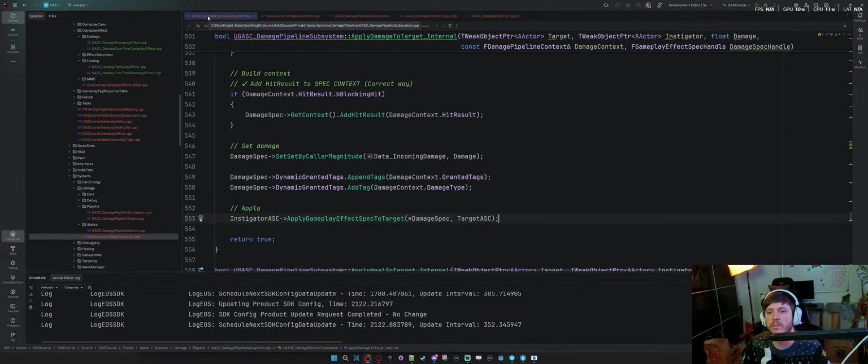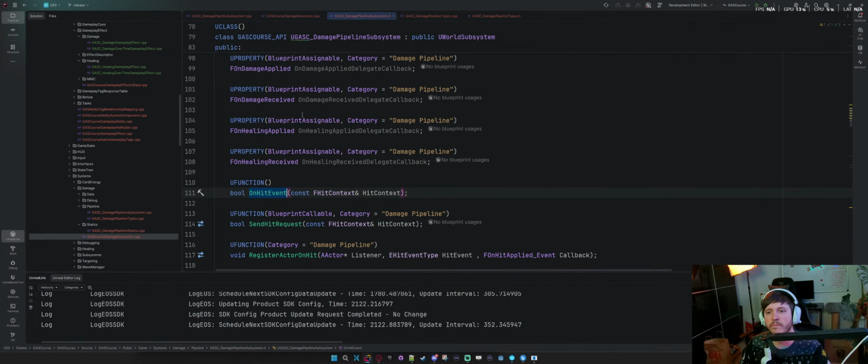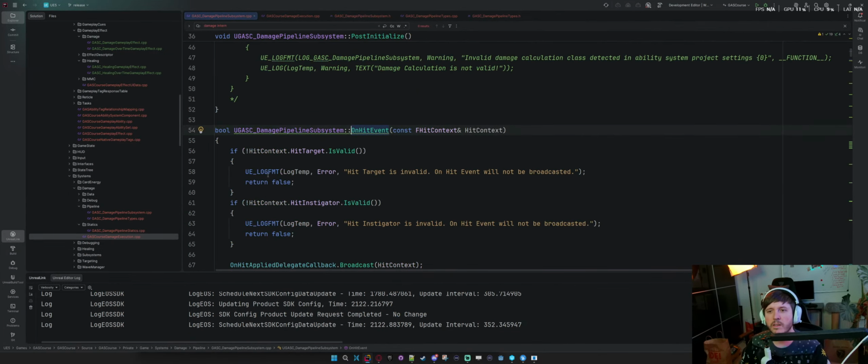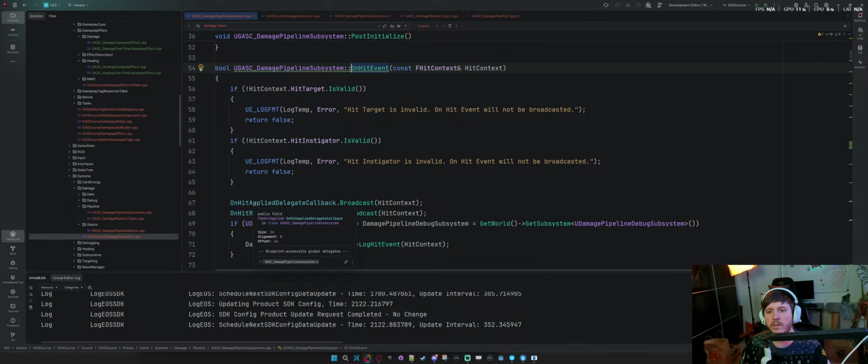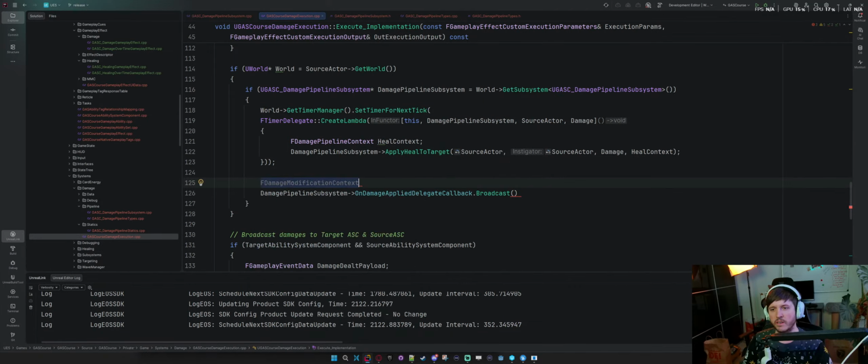Let me look at the hit again. So we're literally just doing on damage applied. Broadcast it. Now we need to give it an F damage modification context.